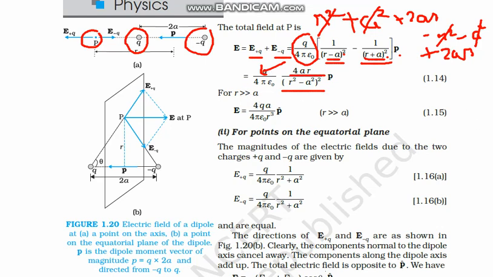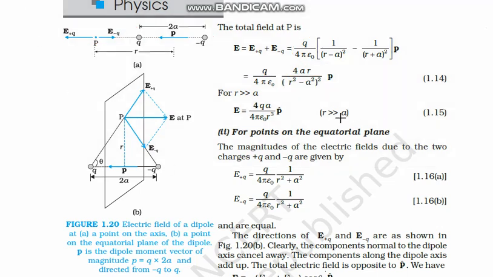Now let us take the case where the distances are much larger than a, that means r is greater than a. So in that case we can remove this a. So this is simply 4a, direction remains the same, and in the numerator you have r, in the denominator you have r square to the power 2, that means r to the power 4. One power is cancelled out, so this remains r cube. So at last you reach this formula.